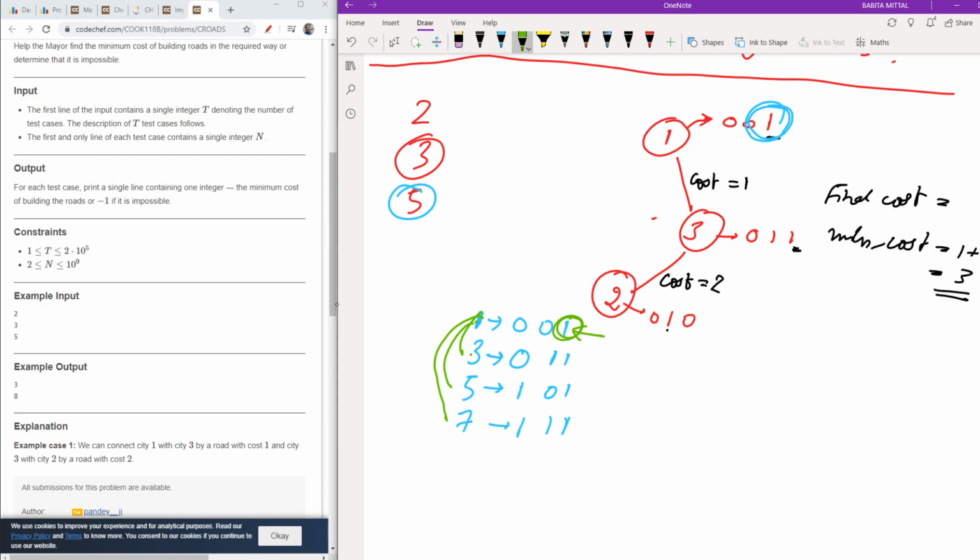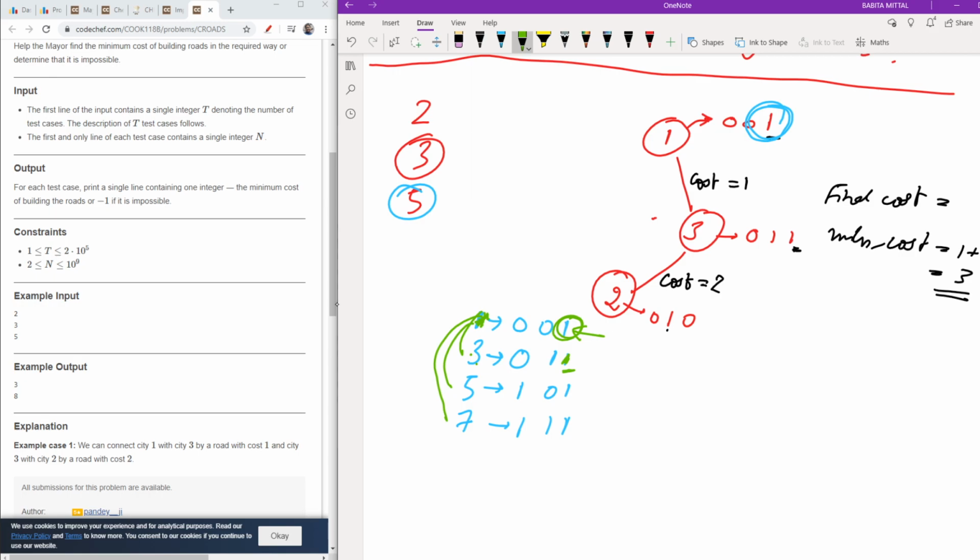So ultimately I will obtain the minimum cost. Understanding how I will attach it, why I am making up my mind to attach the node with that node, is so that the rightmost bit which is set in both of them is as minimum as possible, and the result is as minimum as possible. So for 1 I will attach it with the nodes, like 3, which has a rightmost bit that is 1.